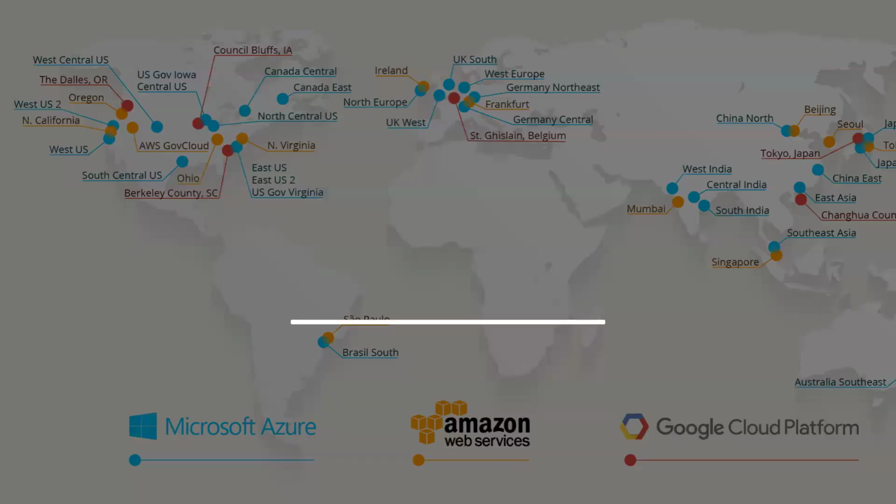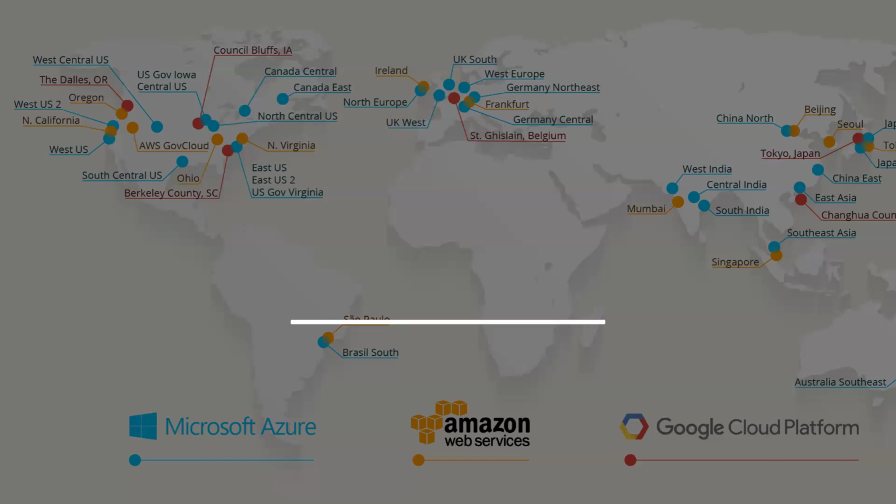Especially go for cloud, sir. These are all the cloud providers: Microsoft, Amazon, or Google Cloud, and they have massive data centers across regions. This is a little old slide. Microsoft is maintaining almost 60 plus regions where it deployed data centers, and you can use any data center wherever you want.